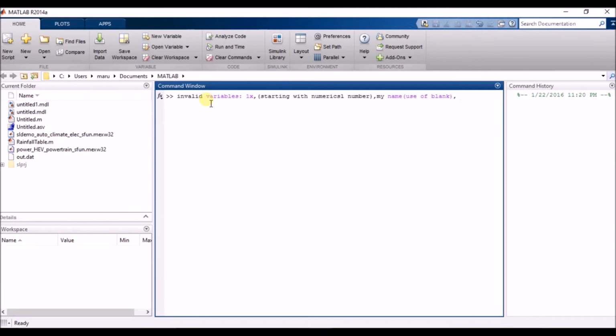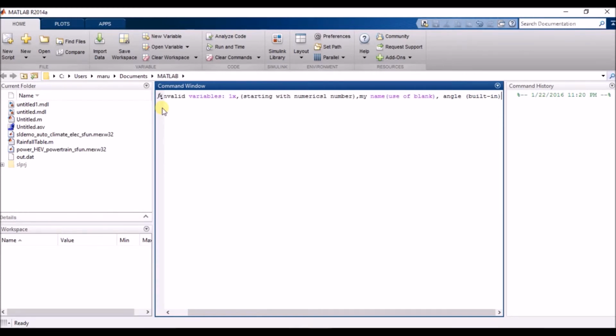And one more thing is angle, because it is a built-in function. So these things we can't use within the MATLAB software because these are invalid variables. These are the examples which I have shown you, the difference between valid and invalid variables for assigning the variables within the MATLAB software.